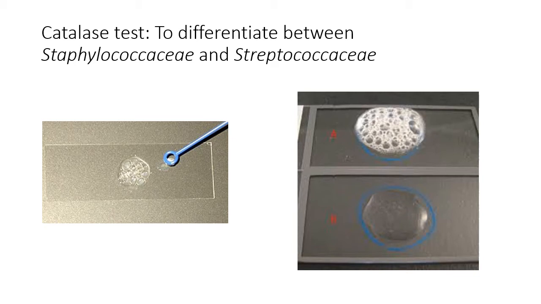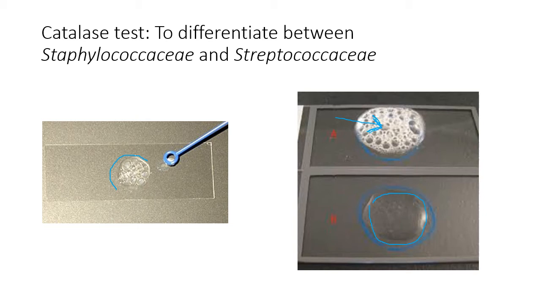So catalase is an enzyme which is present in all Staphylococci, and it is not present in Streptococci. So you take a drop of H2O2 and you touch. So this is the bubbling you're seeing over here. You take 2 or 3 drops of H2O2, put it on a clean glass slide, and then pick up the golden colonies from the blood agar and you dip it into the H2O2. And when you start seeing bubbles, as you can see very well over here, then you can say that this looks like family Staphylococci.